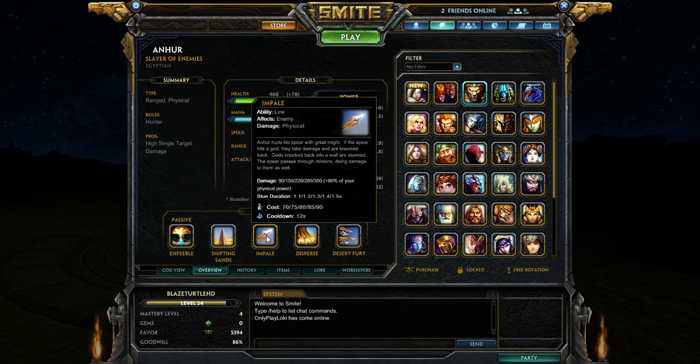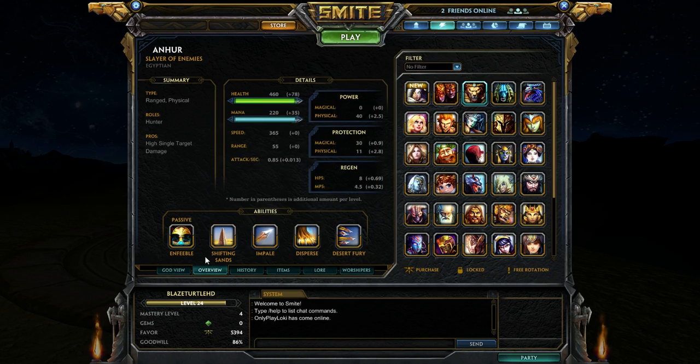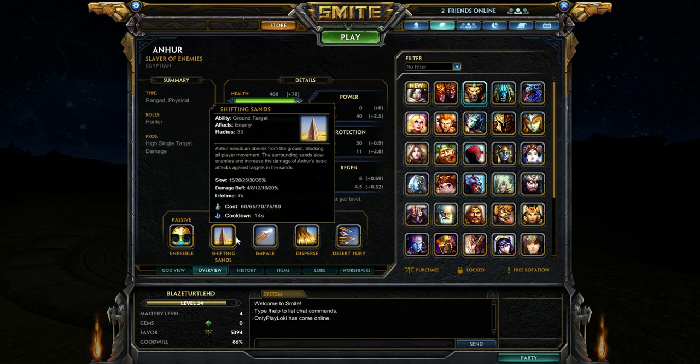Anhur hurls his spear with great might. If the spear hits a god, they take damage and are knocked back. Gods knocked back into a wall are stunned. The spear passes through minions, doing damage to them as well. You can see the power scaling and the damage there. The stun duration, yeah, 1.5 seconds. What it doesn't say here is, if you stun somebody with this, that's your ideal situation. You put this behind them, you hit them with a spear, you impale them with the spear to the obelisk